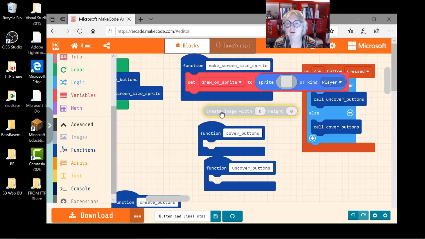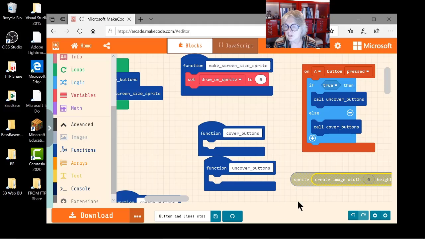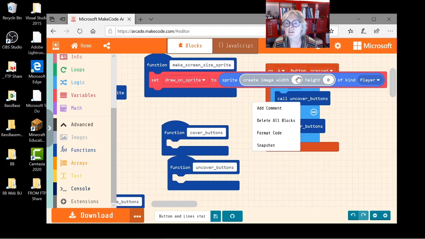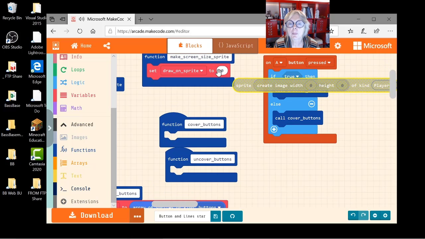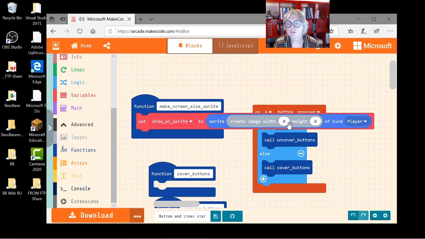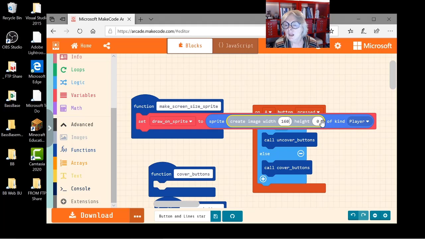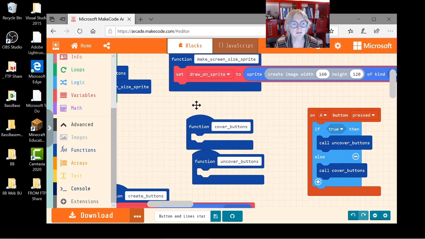Spend half my life trying to get these things to lock in. So we're going to create an image. See, if you take them out of where they are, it somehow works better. We're going to create an image that's the same size as the screen. And the screen is 160 pixels wide and 120 pixels high. And then we're going to fill it